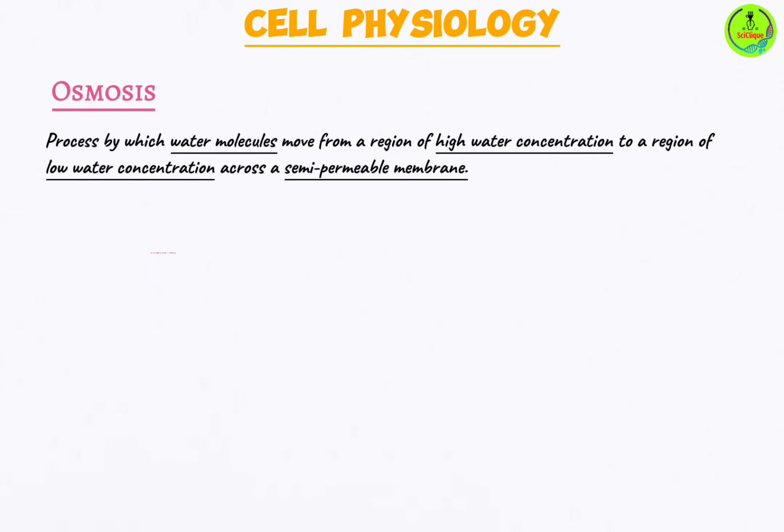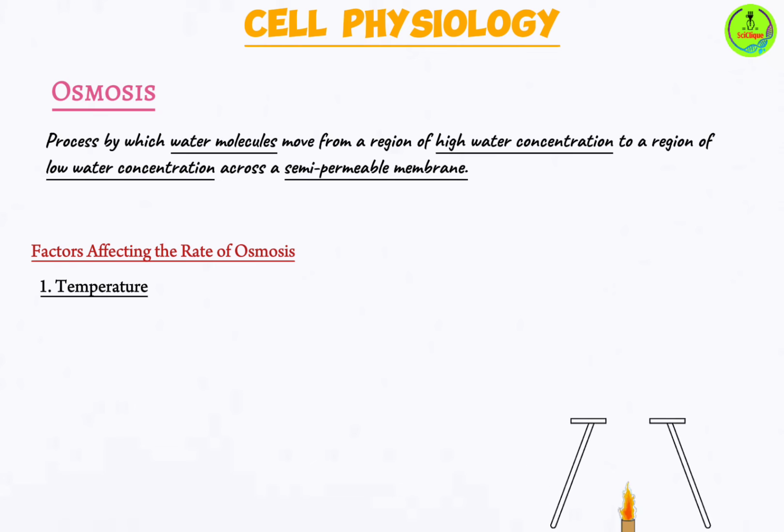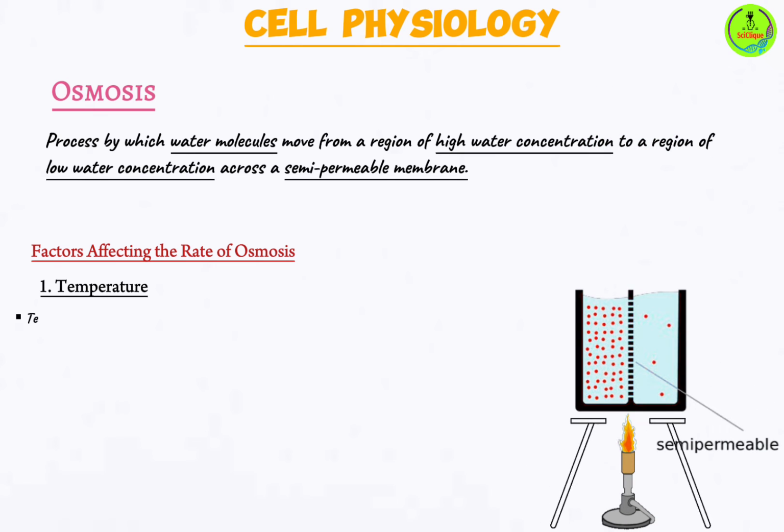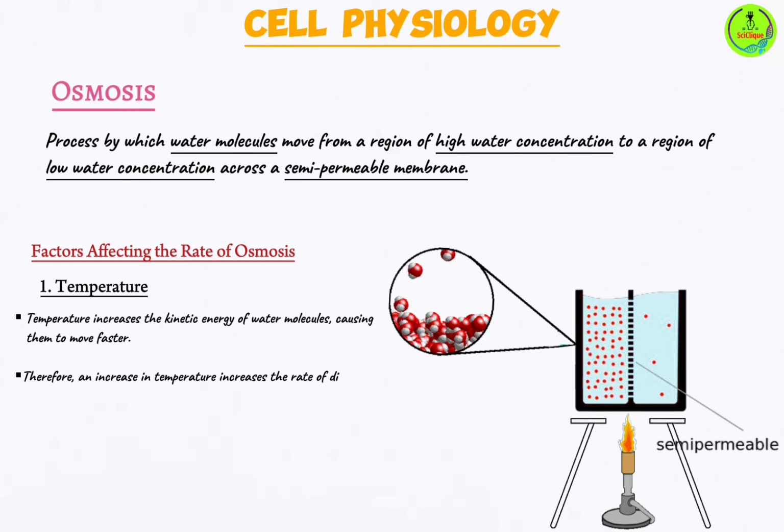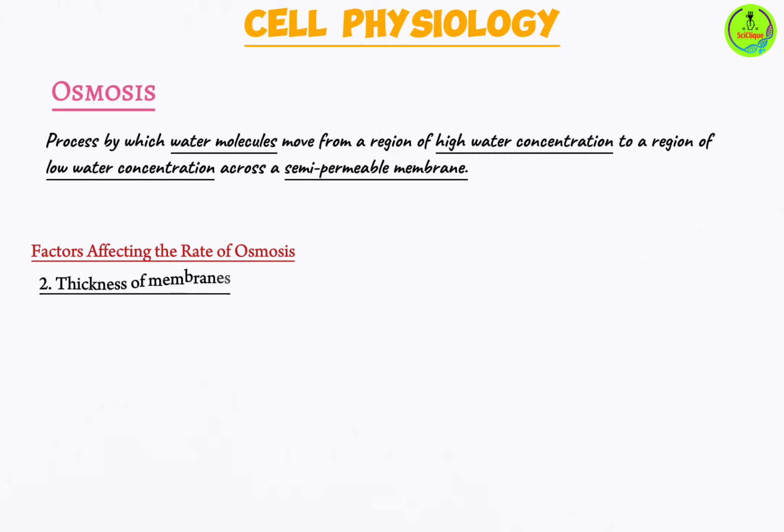So when we talk about osmosis, are there factors that affect the rate of osmosis? Yes, of course. Number one, temperature. Just like with diffusion, temperature affects the rate of osmosis. In short, it can influence whether osmosis occurs faster or slower. The reason for this is that temperature affects the kinetic energy of the water molecules. An increase in temperature increases the kinetic energy of the water molecules, therefore increasing the rate of osmosis. So if you have a certain setup and you want osmosis to take place at a faster rate, you can simply increase the temperature.